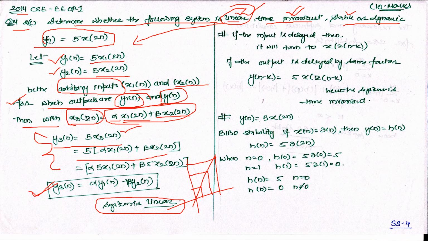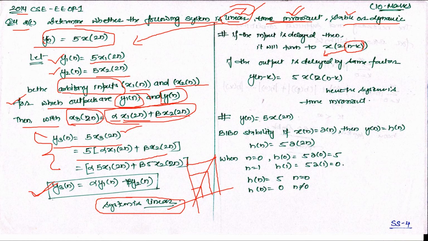such kinds of functions. Now the second portion is time invariance. Time invariance means we provide a delay to the input, and see whether a corresponding delay is observed in the output or not. If it is observed, then it is time invariant. If it is not observed, then it is time variant. That means if time changes, the output also changes without having any dependency on that. Okay, or if they are linearly related, then obviously it is time invariant.